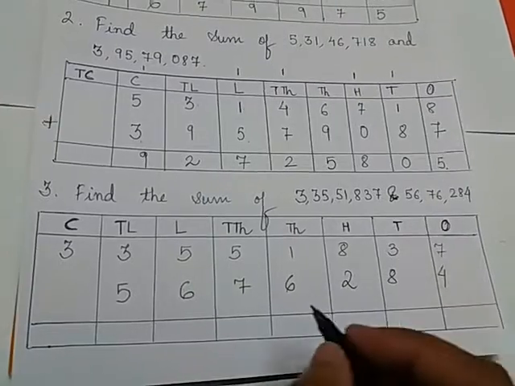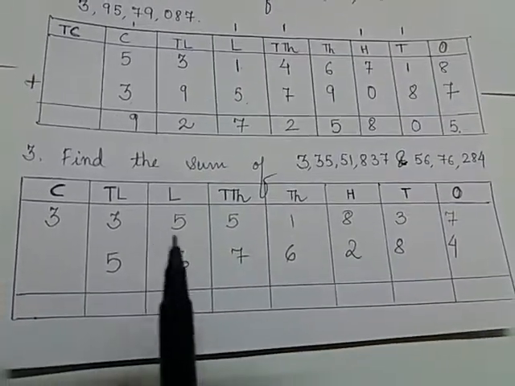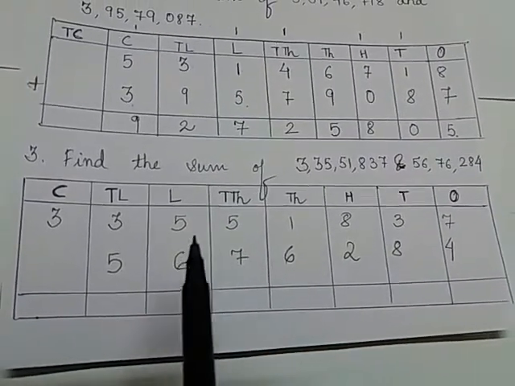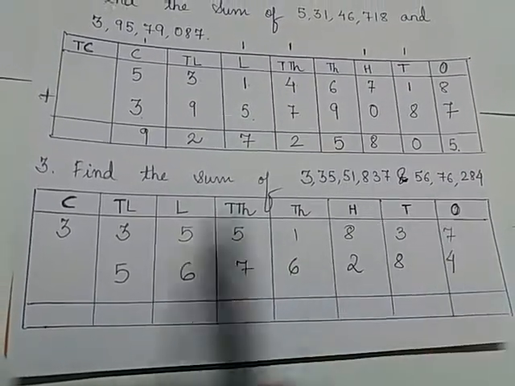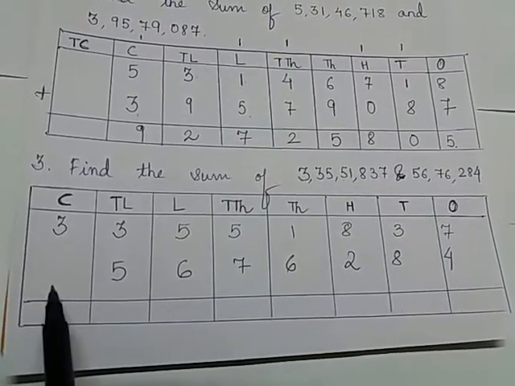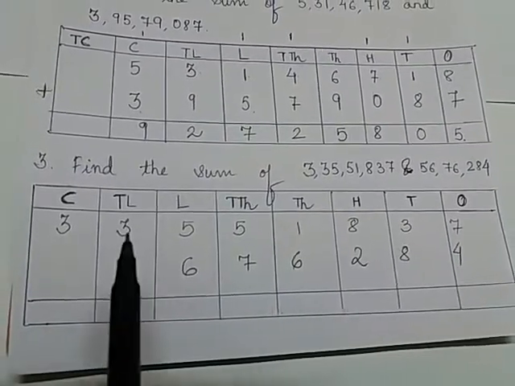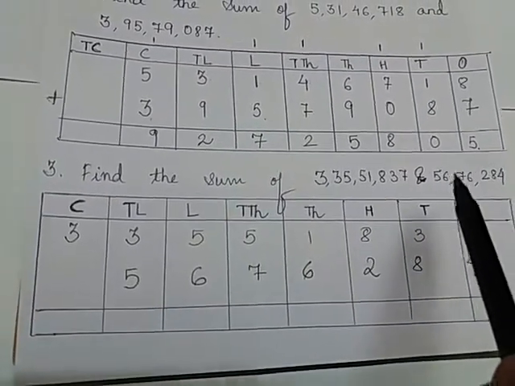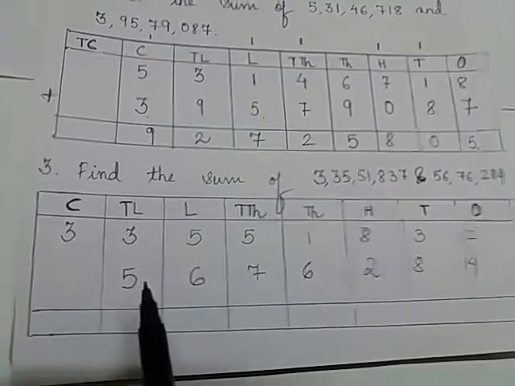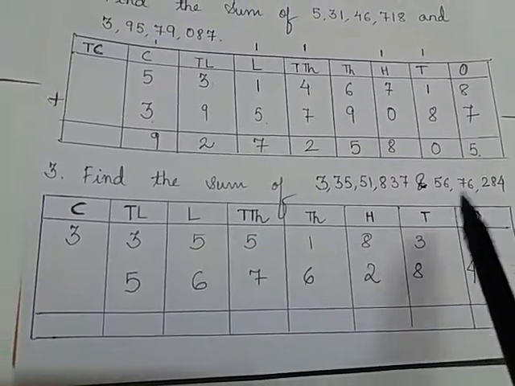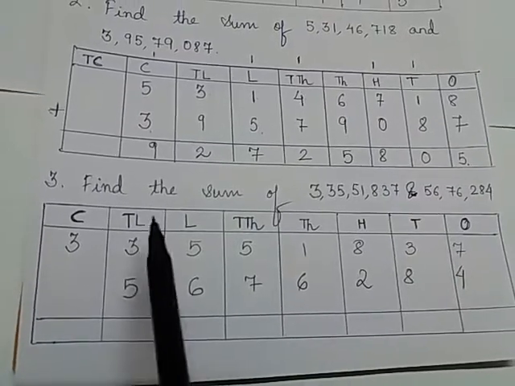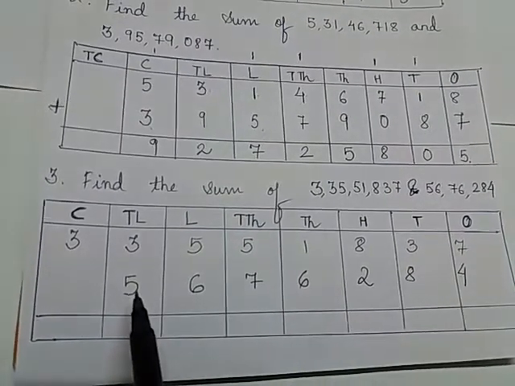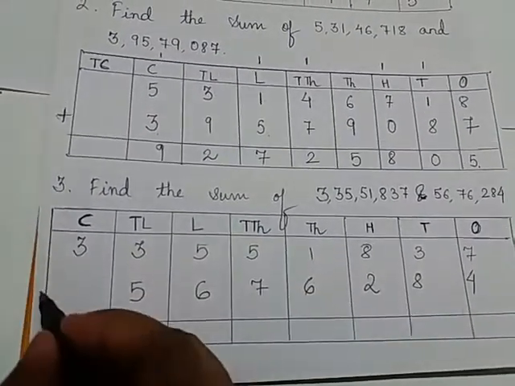Please be very careful and do not make the mistake and you start writing this number from this place value. Take care, whatever you are saying, you will write here. This is 56 lakh, that's why we are starting it from this place. Now we will put a plus sign here